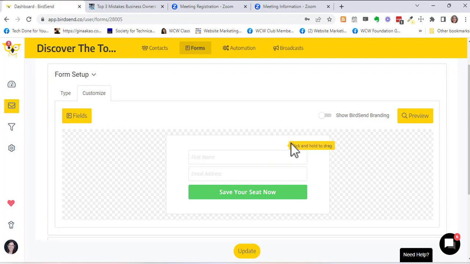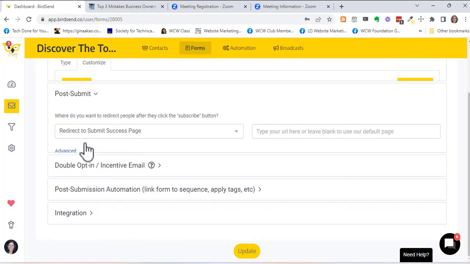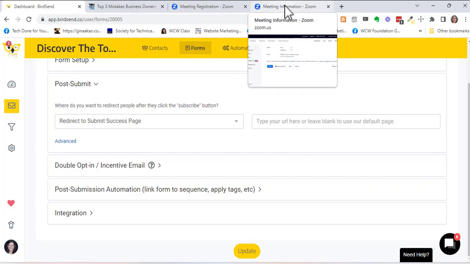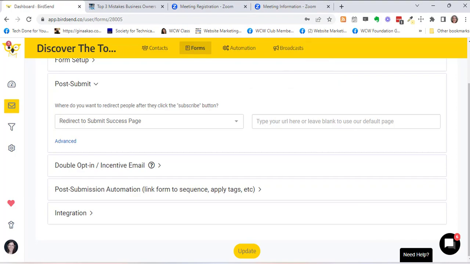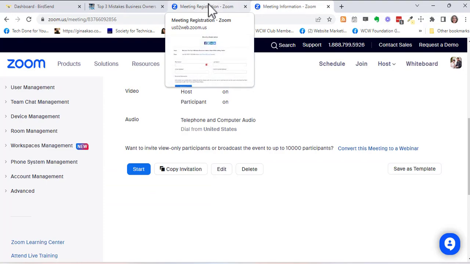So required field, yes, this one is required as well. So post submit, you can redirect to the page that has the Zoom access details. You could also give them directly the link. So let me see. For now, I'm just going to, because I'm not sure what my thank you page